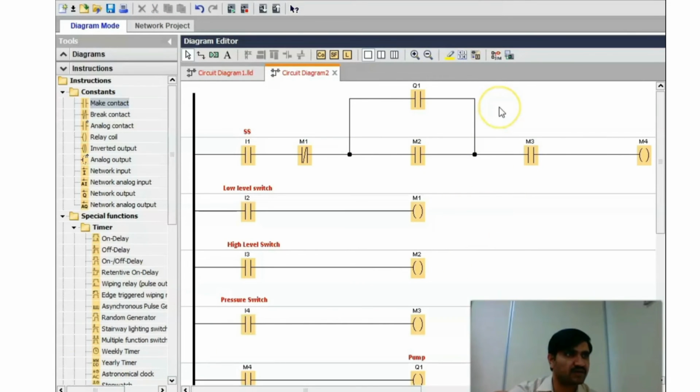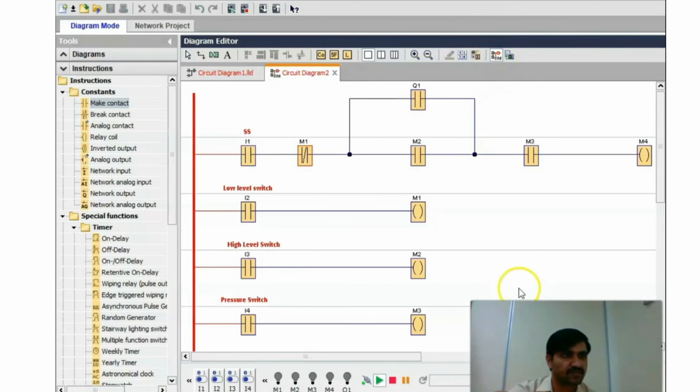Now we will check through the simulation whether our circuit is correct or if there is any mistake. Let's go for simulation. First of all, our selector switch should be on auto mode, so our I1 should be on. We will turn on the I1. The second condition is the pressure of the line should be low as per setting.